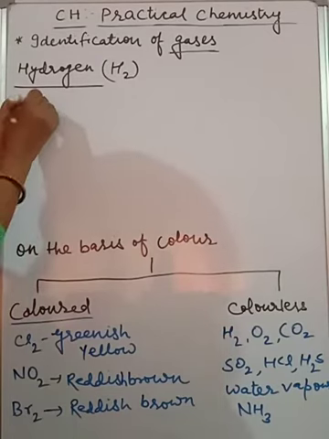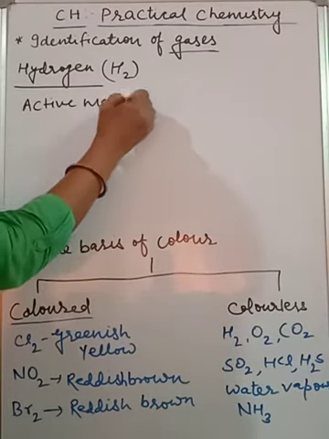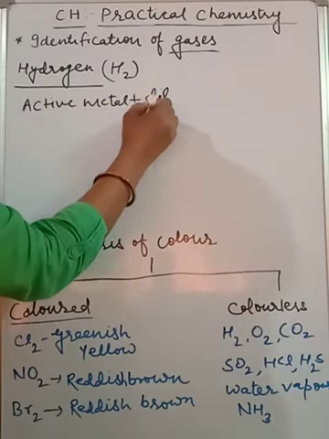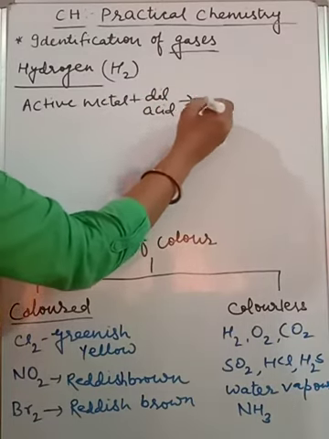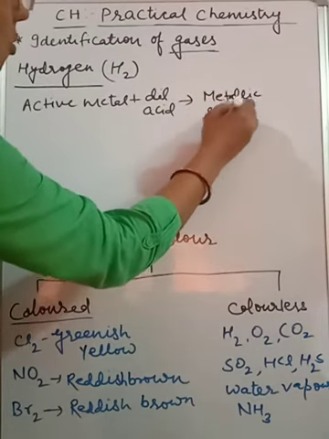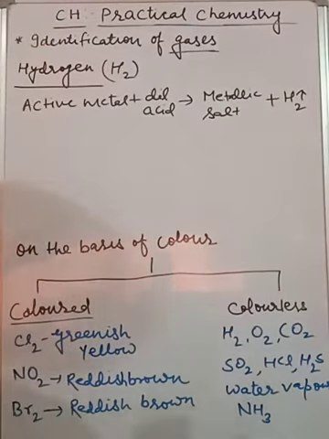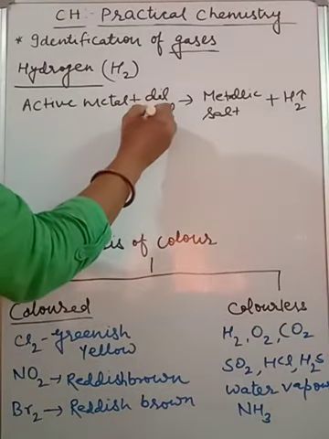So when we take an active metal plus dilute acid, then we get metallic salt plus hydrogen. And here I will give an upward arrow. You know that this is the notation for liberation of a gas, we represent it in this manner. So active metal plus dilute acid, what do we get, children, here? Metallic salt plus hydrogen gas.